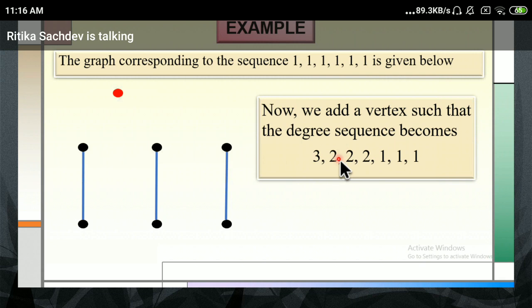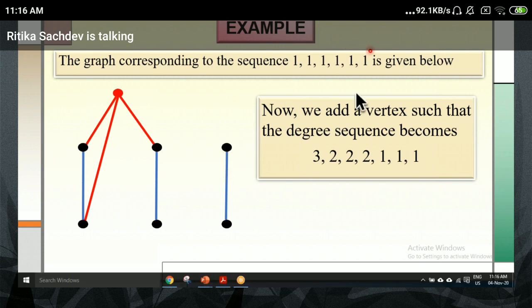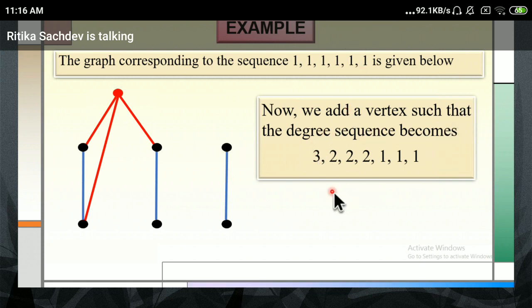But check the first 3 ones. The first 3 ones are becoming 2. That means this new vertex has to join the first 3 vertices. Then their numbers will increase from 1, 1, 1. So check. We have added the first one, the second one, and the third one. Please note, when I'm adding this particular vertex, the edges should come out of this vertex. Then this number will increase, right? Is this point clear? Then I'll proceed.